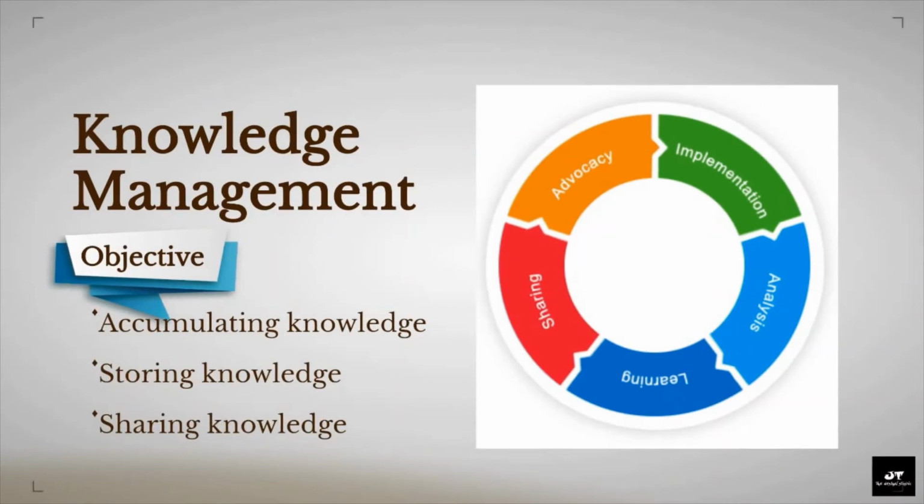Let us view, what is the objective of effective knowledge management? The main purpose of knowledge management is to: first, effectively accumulate knowledge from various sources. Second, appropriately store knowledge in data repositories. And third, share knowledge with authentic users. The goal is to enable organizational learning and create a learning culture, where the sharing of knowledge is encouraged, and those who seek to learn to better themselves find it easy to do so. When thinking about knowledge management, it is helpful to consider the types of knowledge, and how possible it is to share that knowledge within an organization.